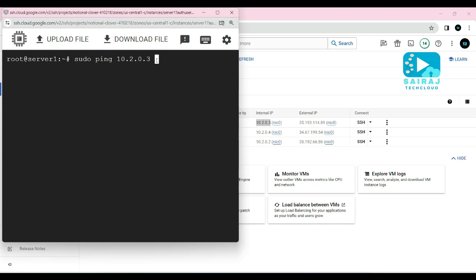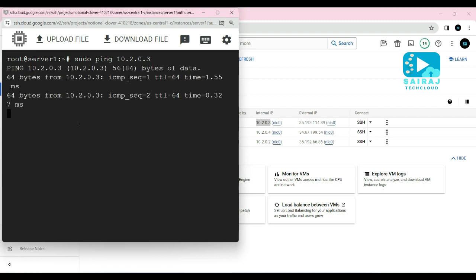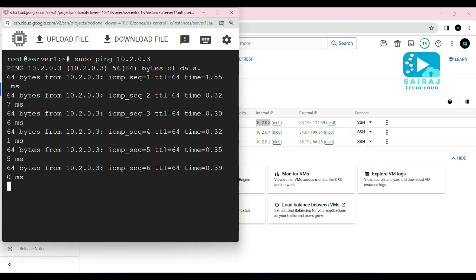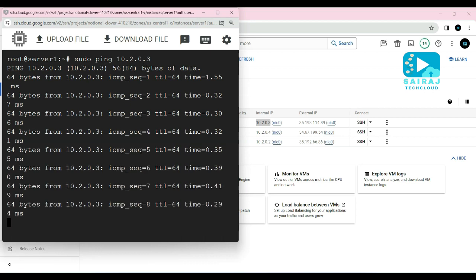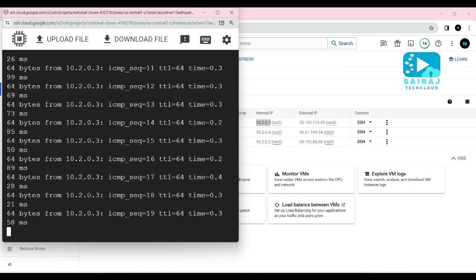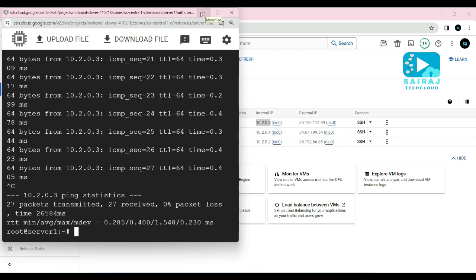Now I'll ping from server 1 to server 2. Then guys, press enter. Guys, as you can see here, server 1 communicates directly with server 2 inside a private VPC network. As you can see here, all the packets respond from server 2. Then guys, press Ctrl C to stop.